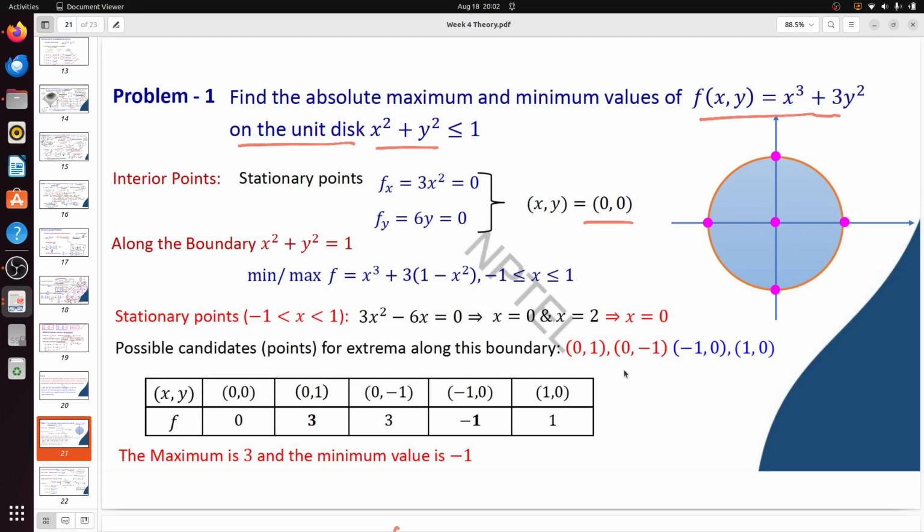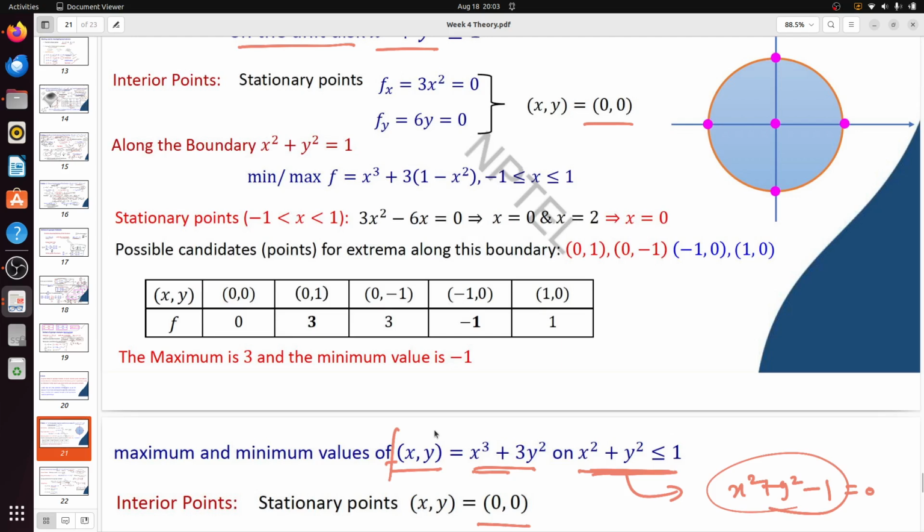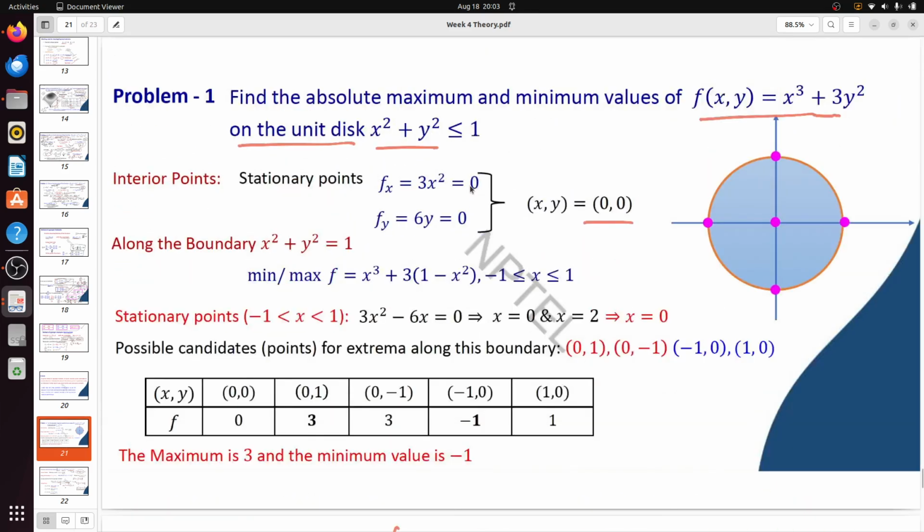Similarly for y also you can determine like that. You replace x and y, and similarly determine df dy. So you have 5 possible candidates of critical points: 0 0, 0 1, 0 minus 1, minus 1 0 and 1 0. You can also use Lagrange's method of multipliers. Just determine the maximum and the minimum values. So maximum and minimum values you actually have 3 and minus 1.